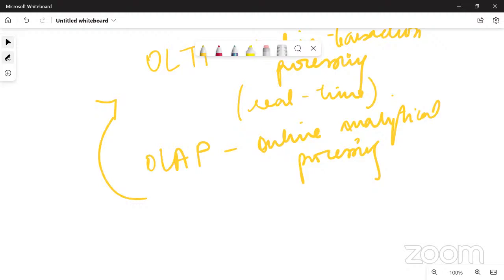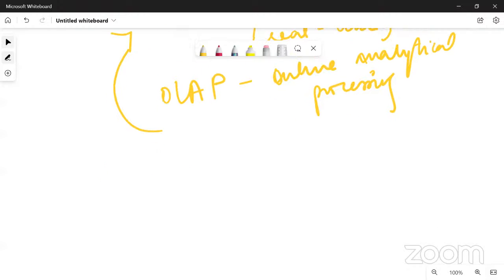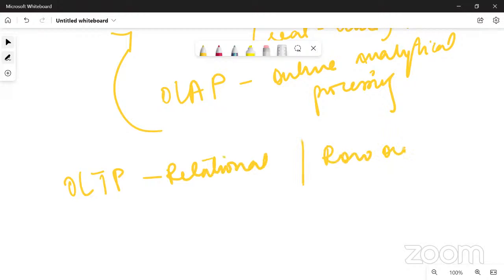So when you talk about OLTP, you could say relational or row-oriented database.